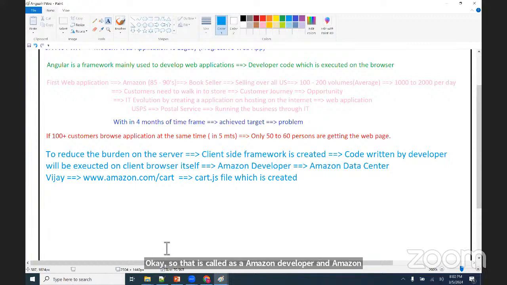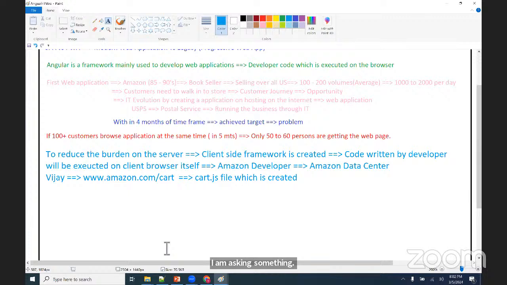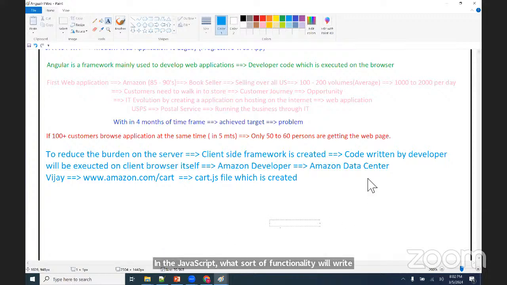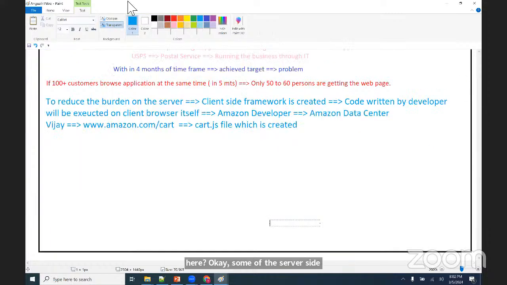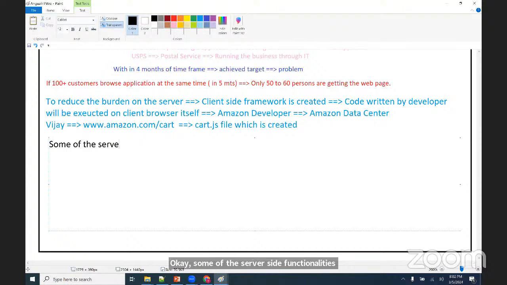So by default, what is the architecture? I'm asking something, the server gives something, and that something will be executed on the browser. Now, sir, what sort of code will we write in JavaScript? What sort of functionality will we write here? Some of the server-side functionalities are shifted to the client side, like